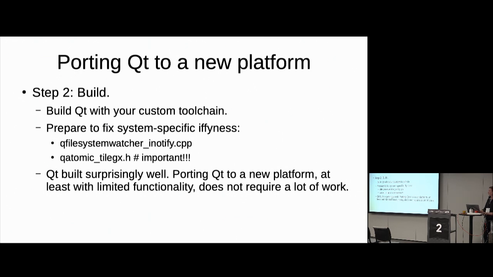Many of the warnings were because of the Tilera platform's GCC, which was old, and Qt was new. So getting new code to work with old compilers. And those patches we never upstreamed, because who wants that? So also, there's some low-level things like inotify support. inotify to watch a directory on Unix. That was different on Tilera for some reason. And the entire QAtomic we had to do ourselves.